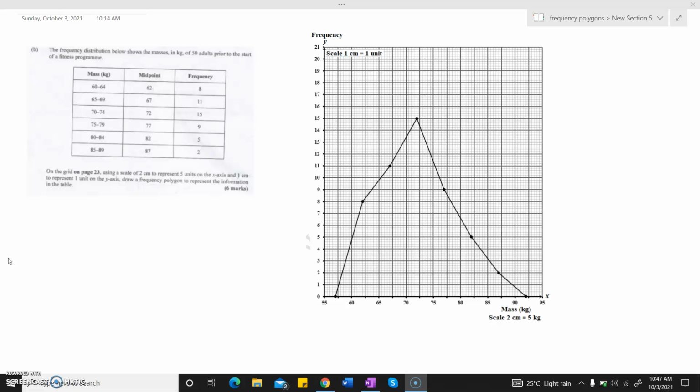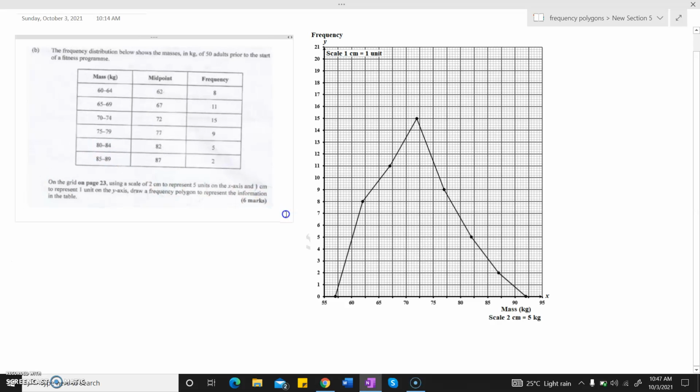Okay, so this is the last question where you had to draw the frequency polygon. Now they told us the scale to use, and they gave us everything complete. You just have to plot, right? Now remember for the polygon, you plot the frequency on the y-axis, and on the x-axis we plot the midpoint, right? So the points to plot in this case,